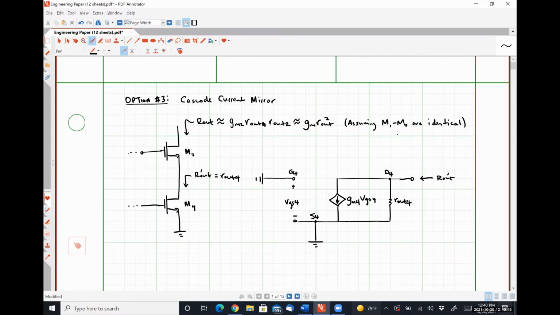In our small signal model, this resistance only appears because of channel length modulation, which is only a thing when our transistor is in the saturation region. So we are assuming that M4 is biased in such a way for it to be in saturation. So I'm going to write that down here. For this to work, M4 must be in saturation,